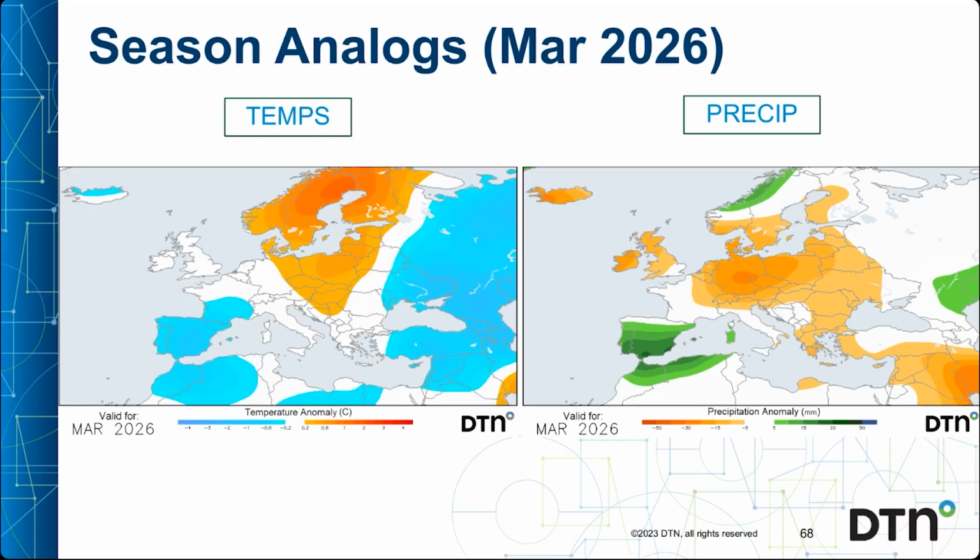I had a glimpse at April as well, which also shows a colder outlook. So maybe analogues want to show us the possibilities of early spring cold risks, but again, that's going to be partly predicated on the strength of the polar vortex and whether or not it disrupts early in the season.